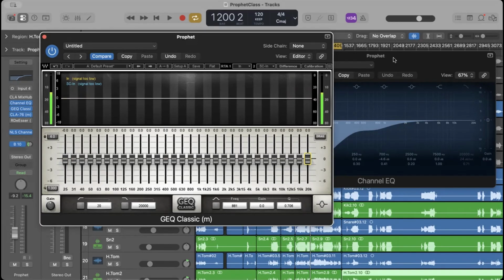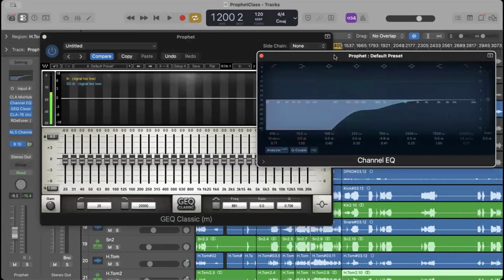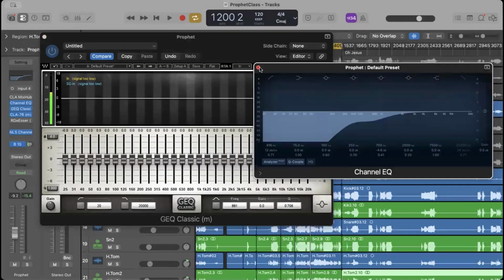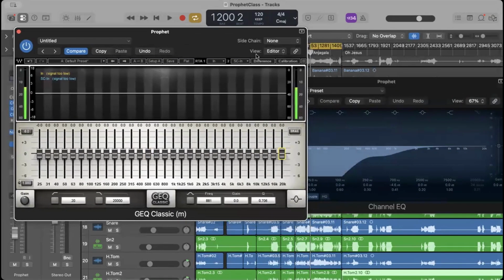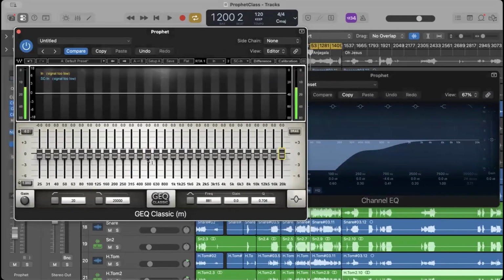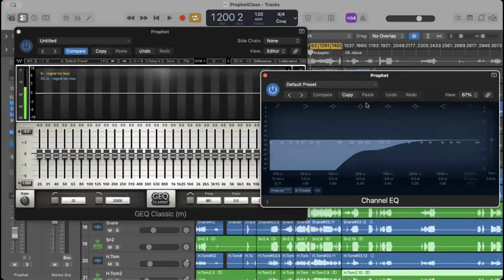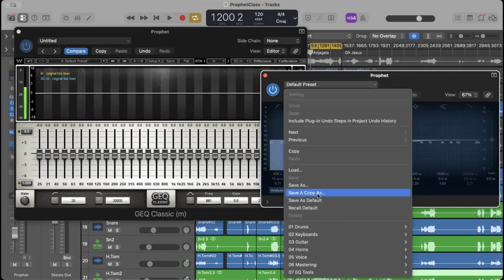So there are two main things that help us manipulate these frequencies, and they are called equalizers. We have the graphic equalizer, which looks like this, and we have the parametric equalizer, which looks like this. On analog mixers, it's a parametric EQ but with knobs. You'll see highs, mids, lows. But in the digital world, they have helped us arrange them in this format. So if I reset this,